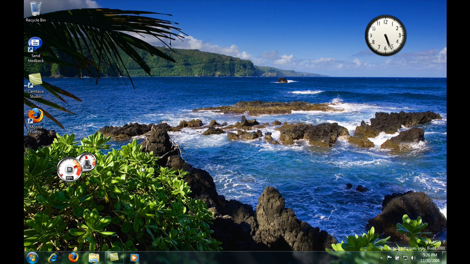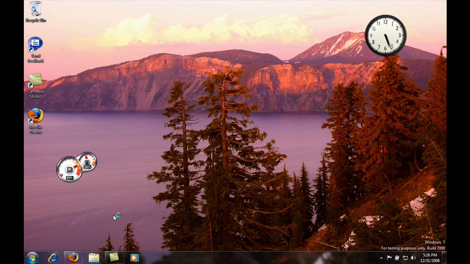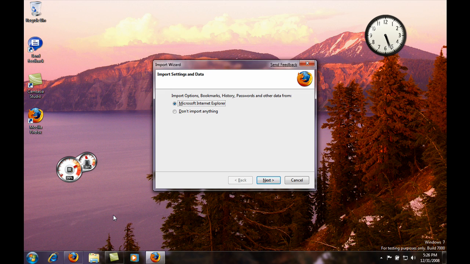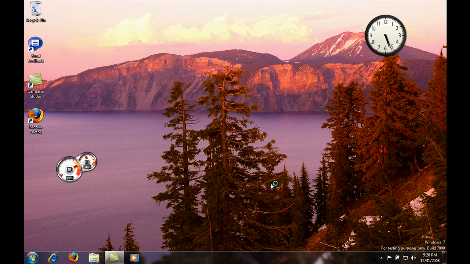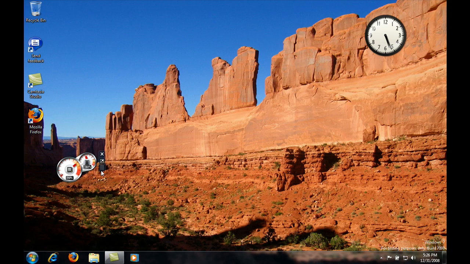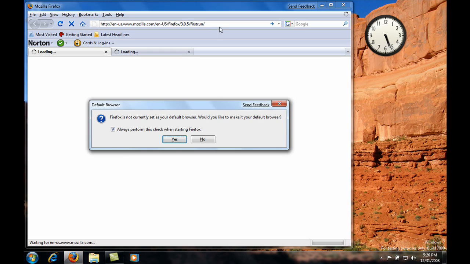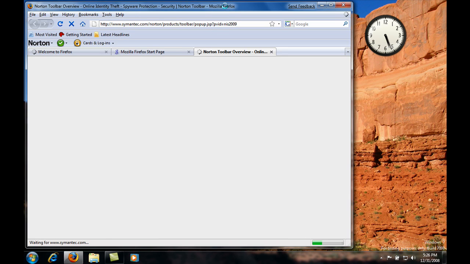And anytime we refer back to the desktop, it will be in that place. So for example, if I open Firefox and I go back to my desktop,